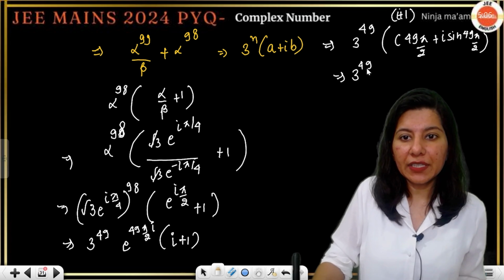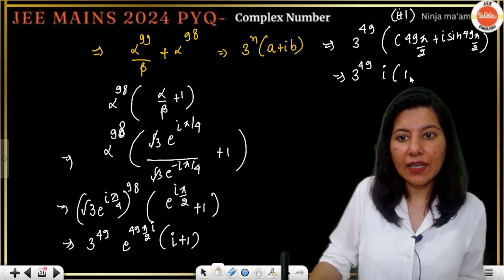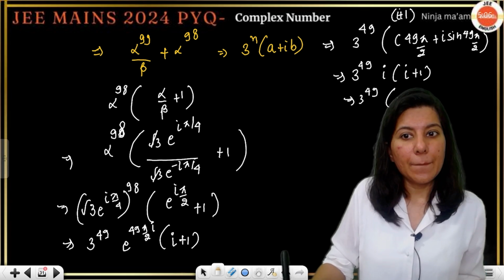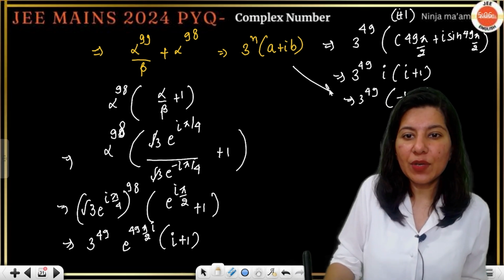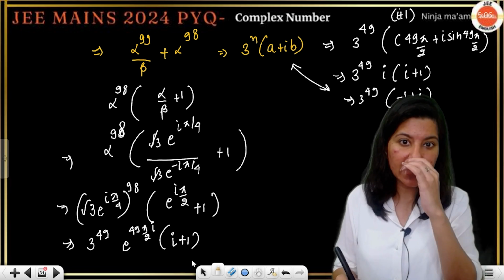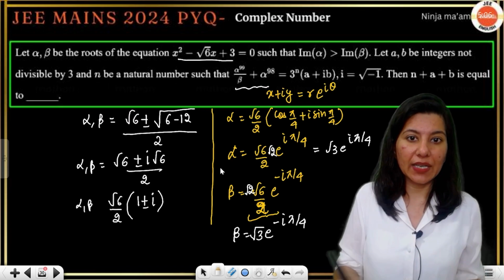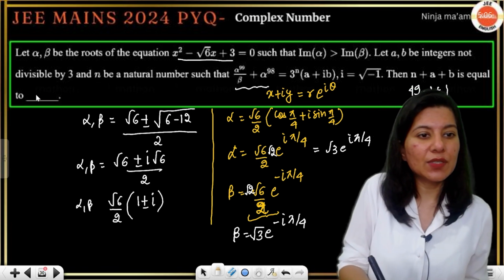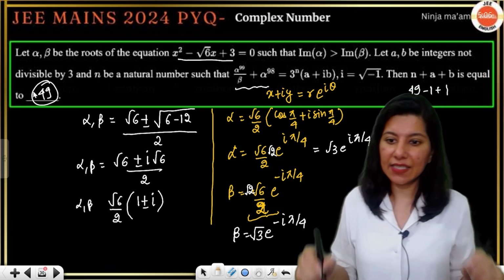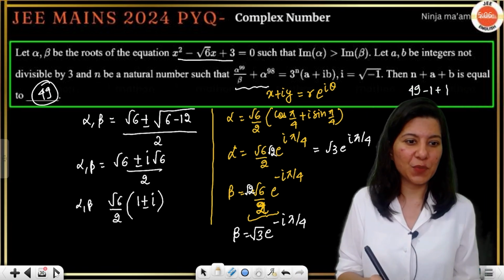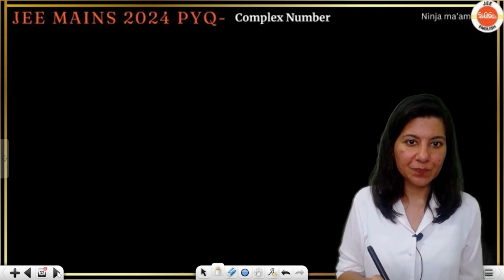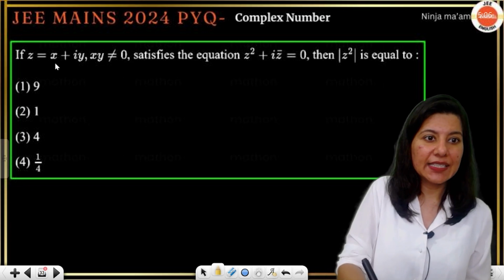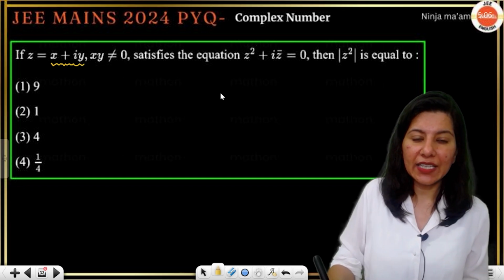3 raised to power 49. This is iota and iota plus 1. Now multiply. 3 raised to power 49 into minus 1 plus iota. Now if you compare clearly, n is 49, a is minus 1, b is plus 1. So 49 exactly is the correct answer of this question. Okay. All right. Perfect. Now we are having next question, which says z is equals to x plus iota y